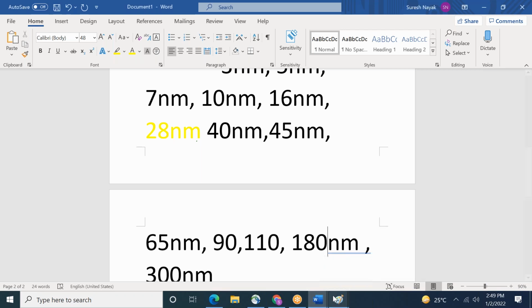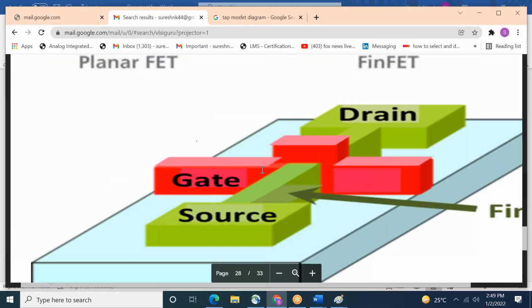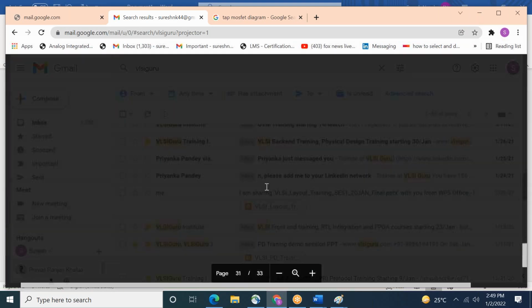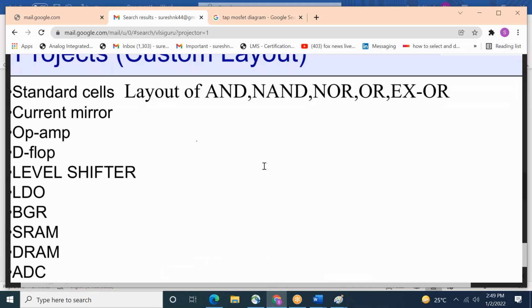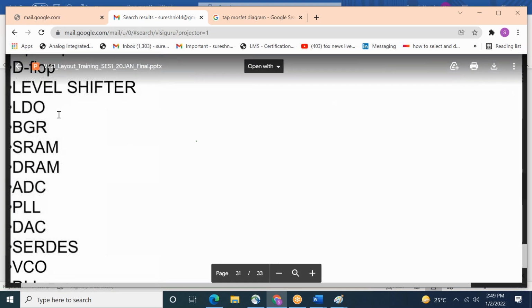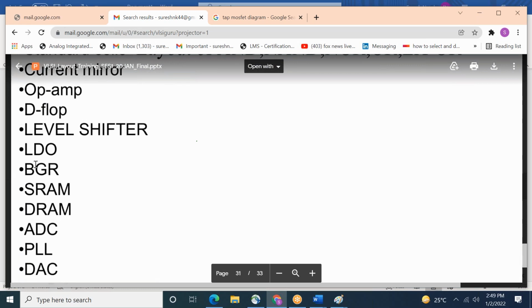Next, what are the projects? Initially we'll give you standard cell projects like AND, NOR, inverter, also XOR. These are the initial standard cell projects. Then we'll go for current mirror, operational amplifier (op-amp), D-flop, then level shifter, LDO (low dropout).